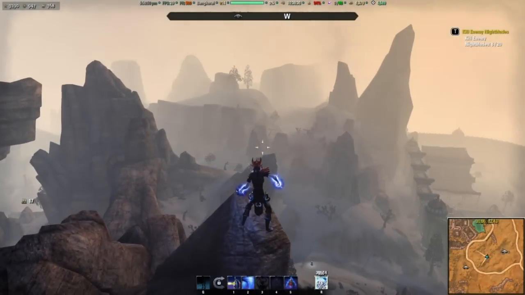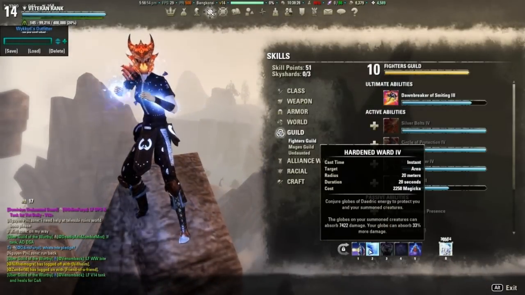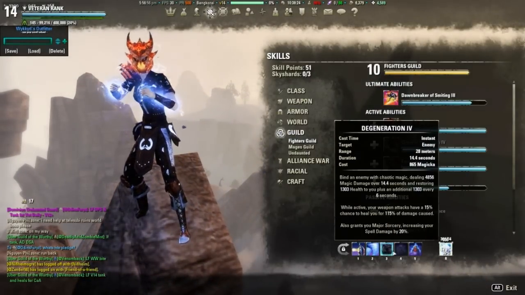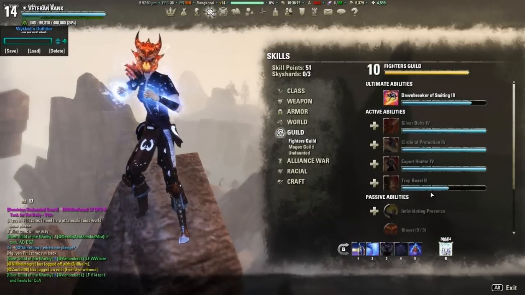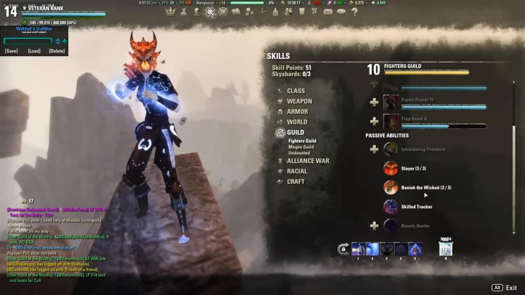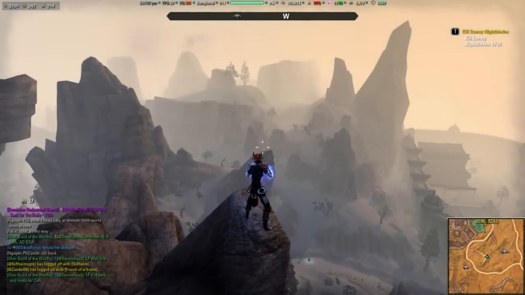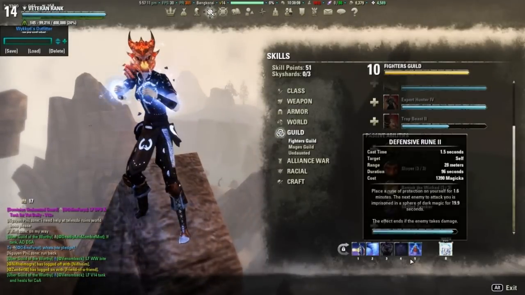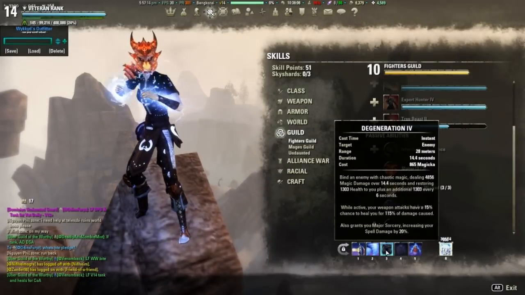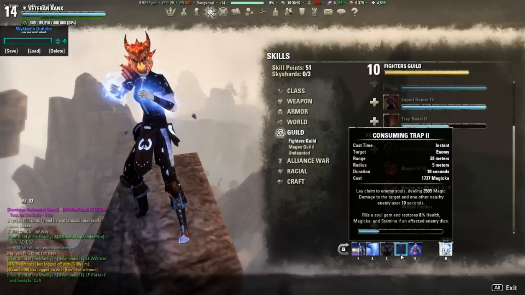So on the Overload bar, you're gonna have Ball Lightning, Hardened Ward, Degeneration again, and Consuming Trap. Now, the idea of this build, since you kind of run out of resources real quick, is to finish off your enemies with your overloads, if possible. So when you switch to your overload, you can cast, and you know your enemy is almost out and he's gonna die. You cast your Degeneration again, and you cast your Consuming Trap,